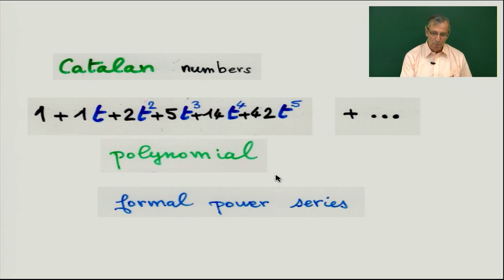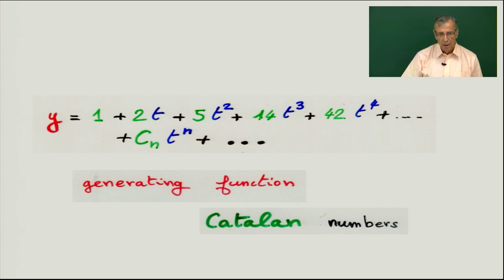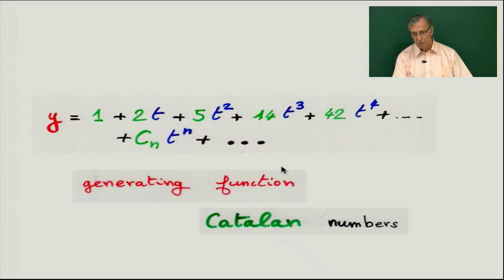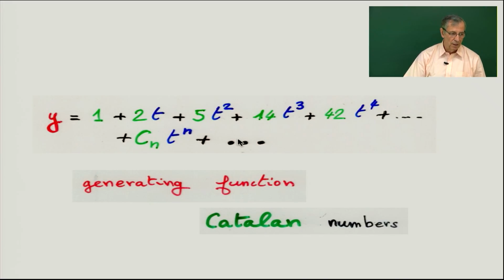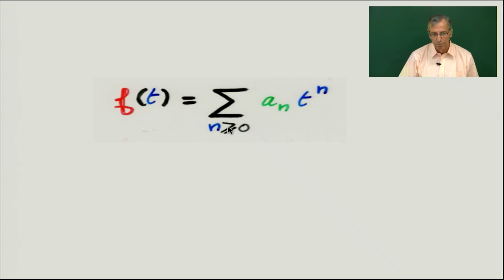A formal power series is, intuitively, just a polynomial where you can stop anywhere, or you can go to infinity. This is called the generating function for the Catalan numbers. Each sequence of numbers has a generating function like this, and t is a formal variable. In combinatorics, we don't care about convergence. If you take the generating function of the sum of t^n over n factorial, and put t equal to any real number, it is going to be infinity. But we just do things formally.